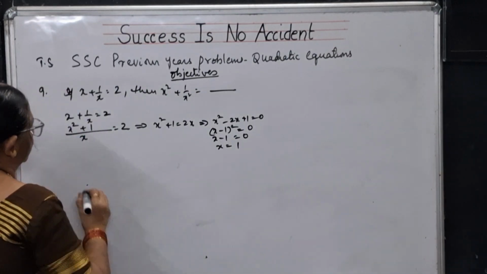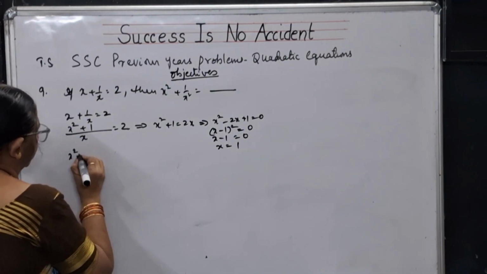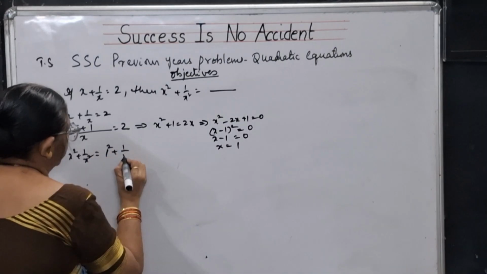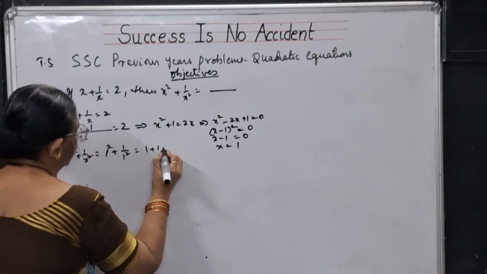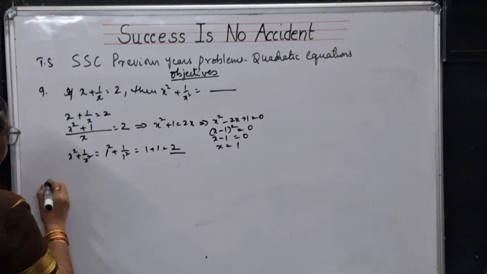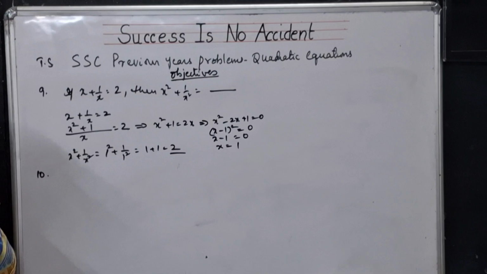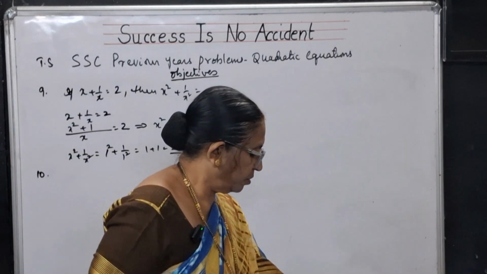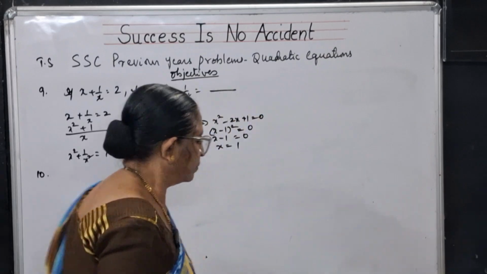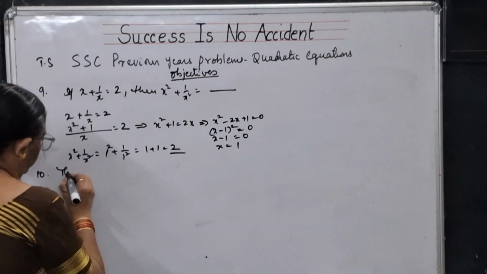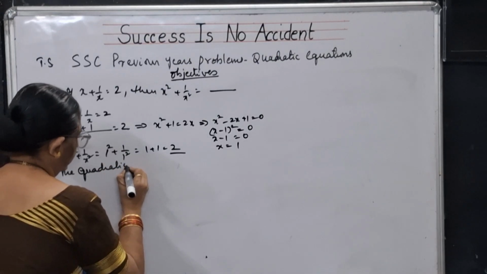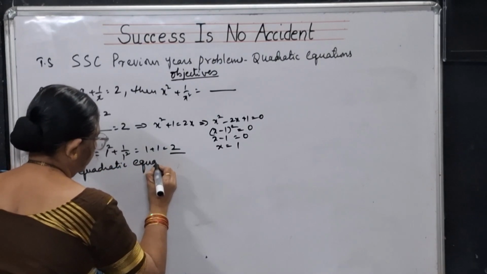Now the question is, what is x square plus 1 by x square? That is 1 square plus 1 by 1 square. That is 1 plus 1. 2 is the answer for this problem, children. Now the next one, the quadratic equation